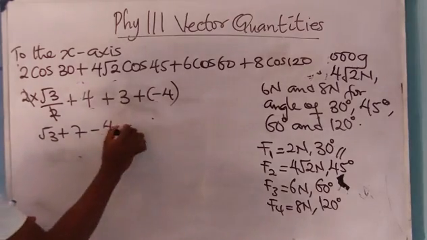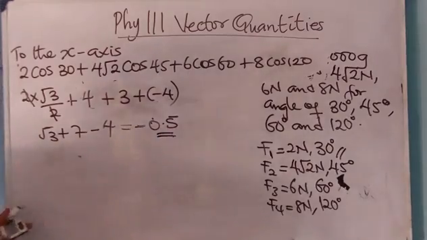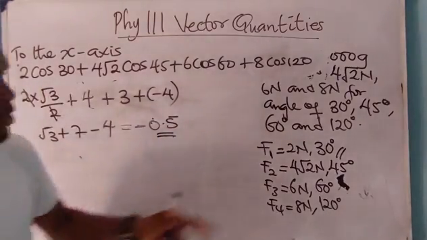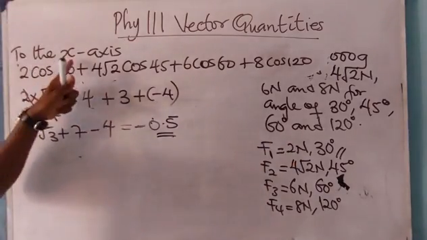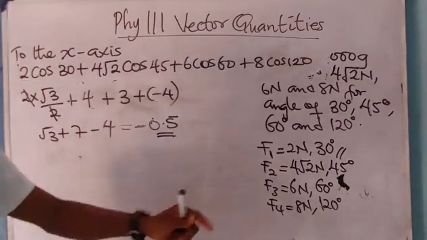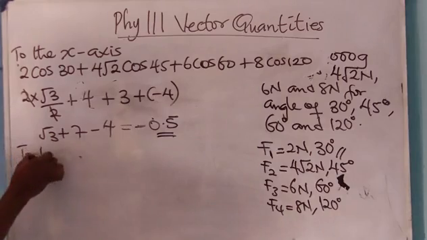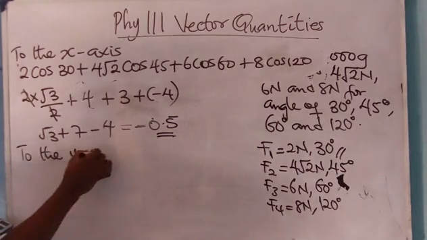So you have minus 0.5. So then that is for cos. Now the next one is what? Sine. You know this cos is for the x-axis, then the y-axis is sine. Then to the y-axis,